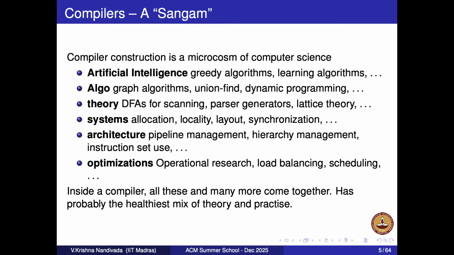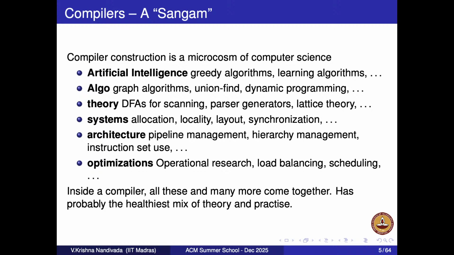Okay, fine. We are studying compilers, right? I thought all of you should get some kind of real pleasure and pride in choosing compilers. It's probably one of the only subjects where you will find a mix of everything that you study in the rest of CS. I kept AI ML on the top because that's probably the hard thing, right? Pick AI, pick algorithms, pick theory, pick systems, any systems courses, architecture, you study about optimizations, you study about networking, you study about databases, pick anything of your choice, right?